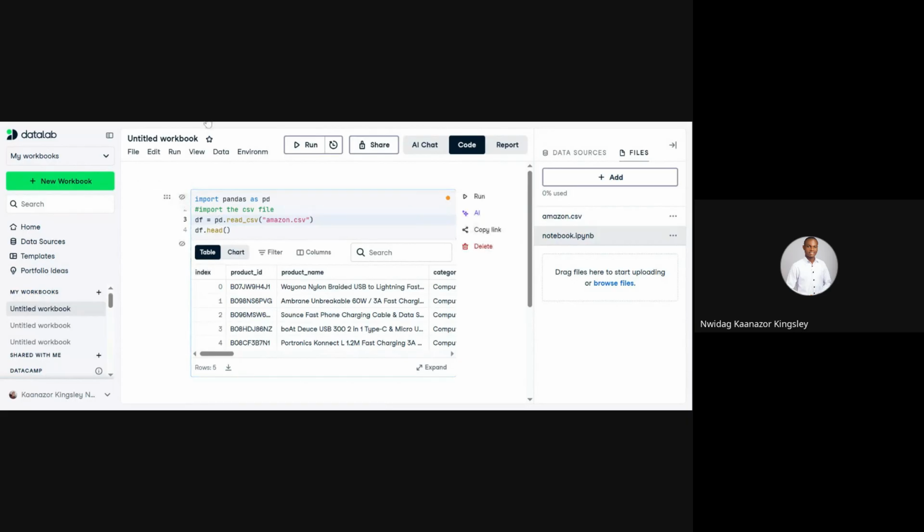Can someone in the call still hear me, please? If you can still hear me, can you give me a thumbs up? Okay. So basically, what we did here was that we tried to read the CSV file into pandas. Now, when we are done reading it, the result now should be